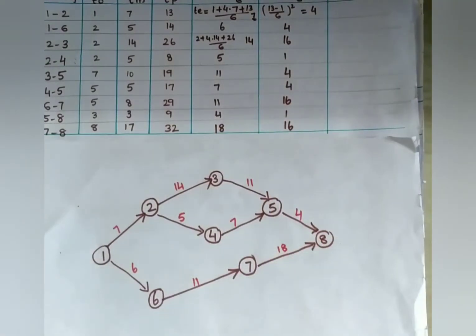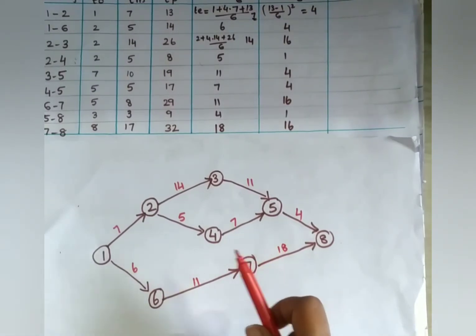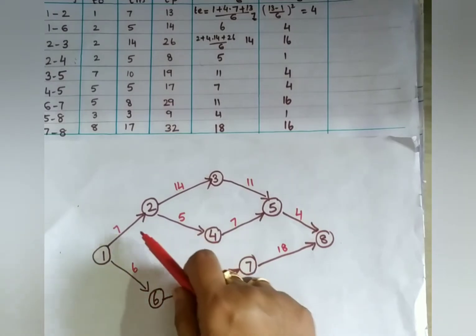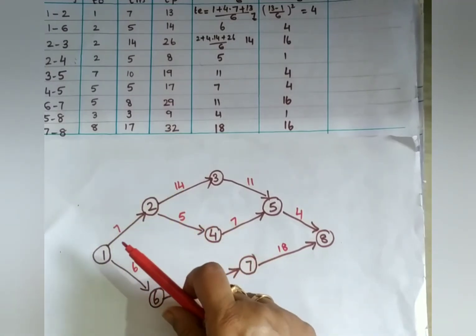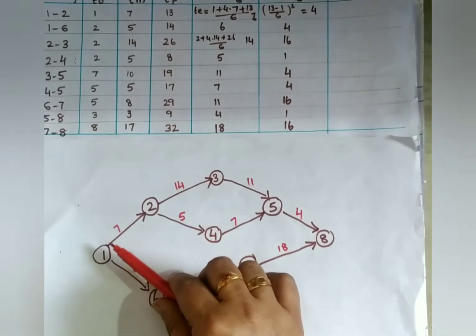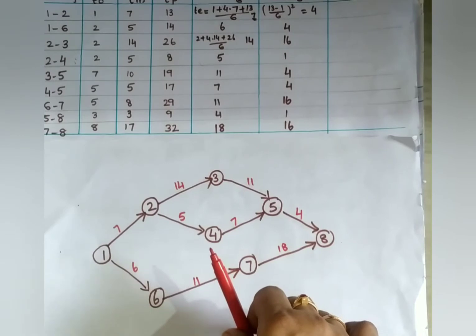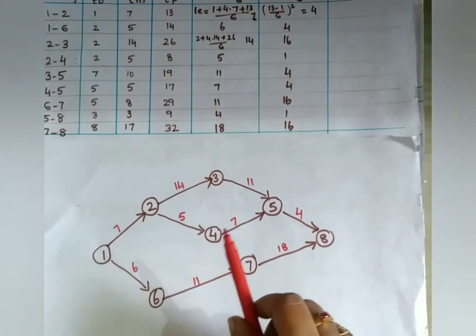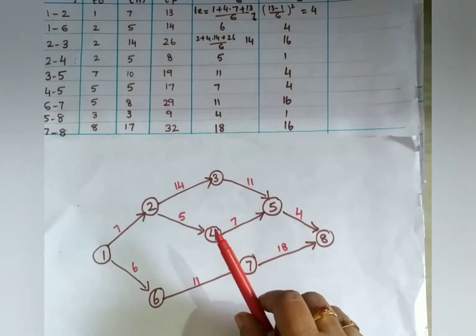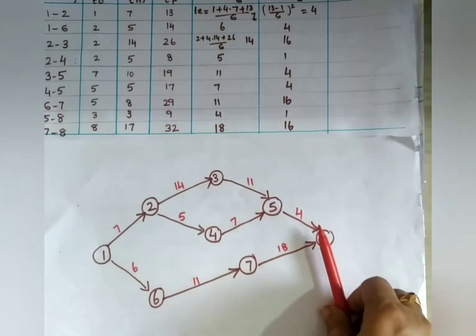Okay, so what we have written now is the time, TE. Normally in the CPM method, these times are given directly, where you have to draw the activity diagram, like 1, 2, 7, 2, 3, 14. But here they gave T0, TM, TP. From that you find TE and write it here. That is the difference. Okay, now you have completed this.